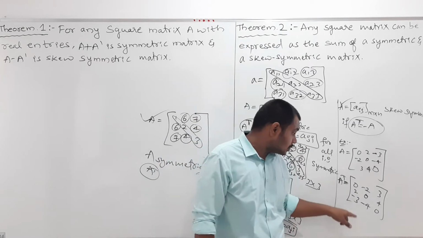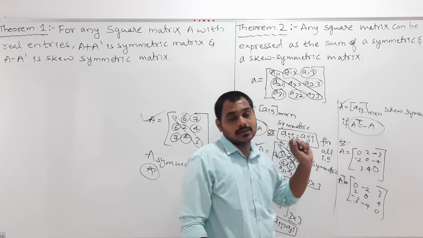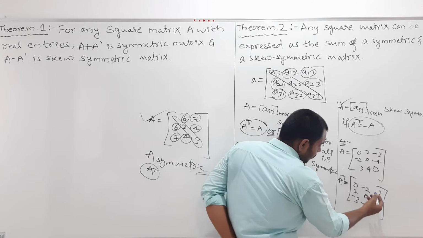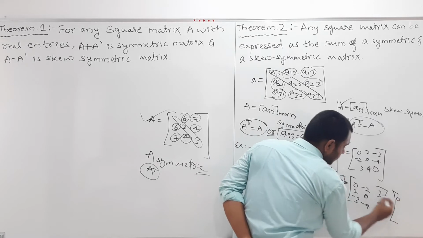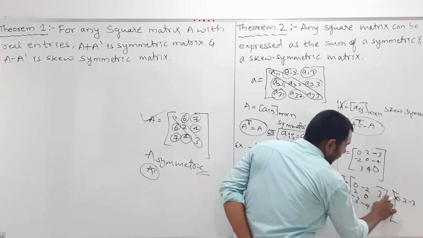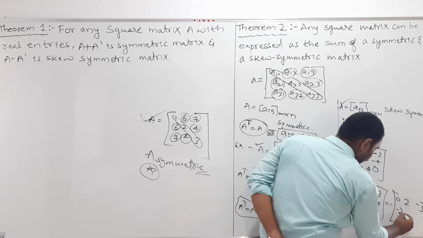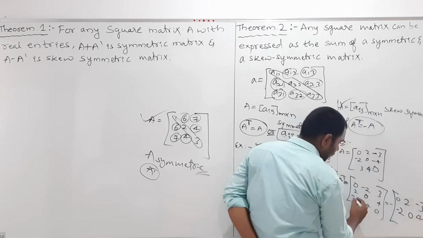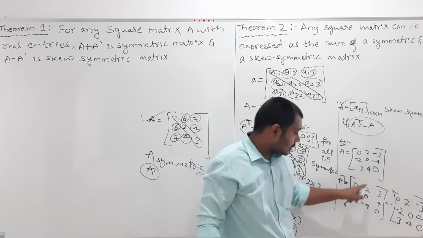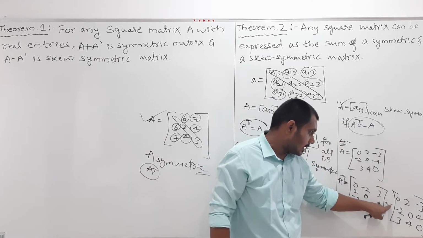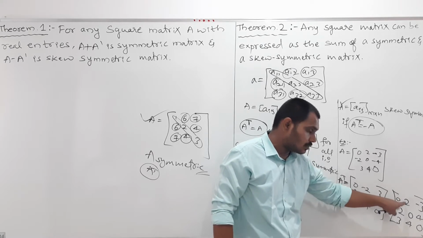Now we should prove whether the given matrix A is skew symmetric or not. To check, you can prove or you can check. If I take the minus common from this, this is 0, 2, minus 3; minus 2, 0, plus 4; plus 3, plus 4, 0. My dear students, from this matrix I took the minus outside. If I take the minus outside, this will become plus 2 here, because I took the minus outside.